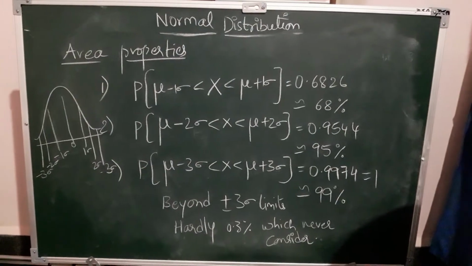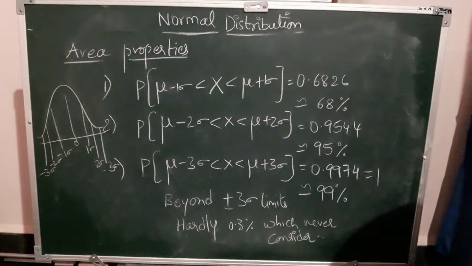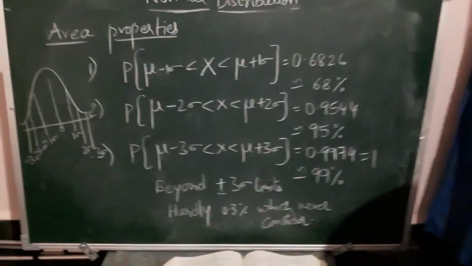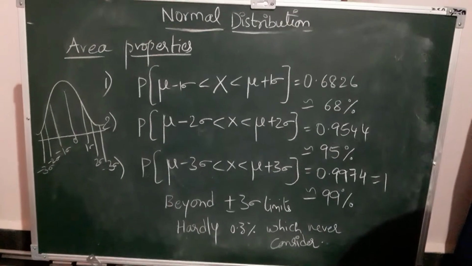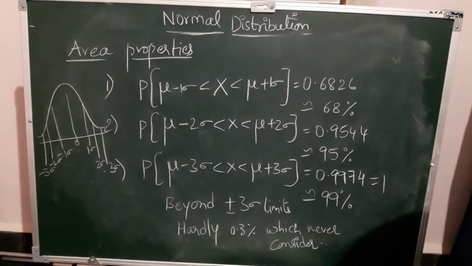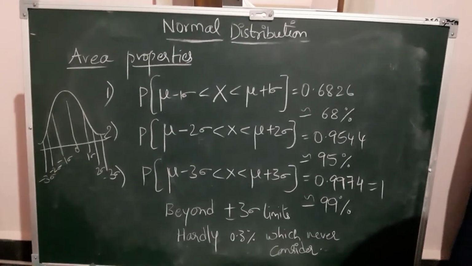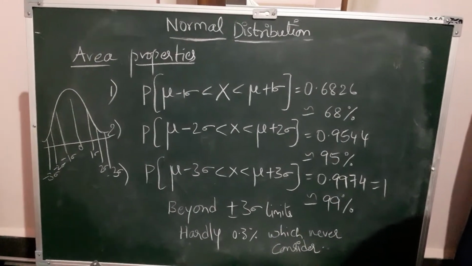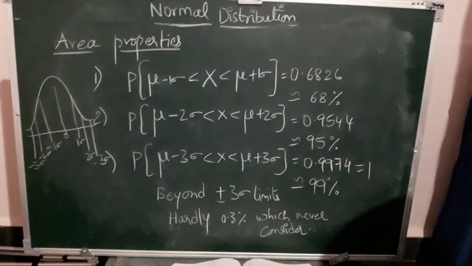In a normal curve, if the normal curve is symmetrical, what is the value of beta 1? They'll ask a 1 mark question. You need to write 0. Just by writing 0 you get 1 mark, remember. If you don't write 0 you won't get the mark. If you write 0 you get the mark.